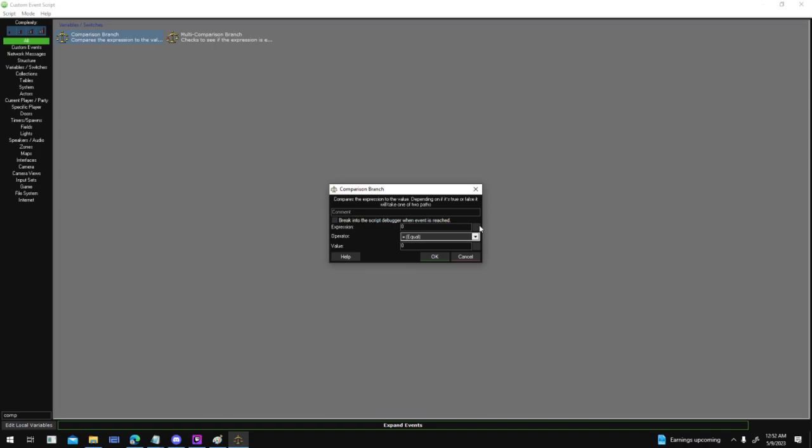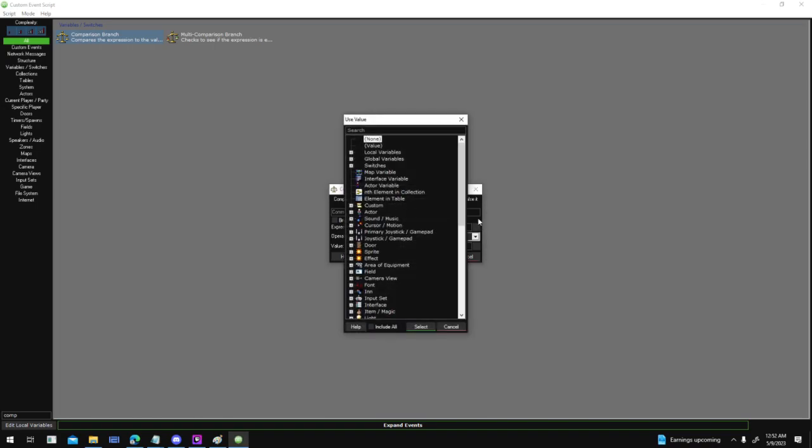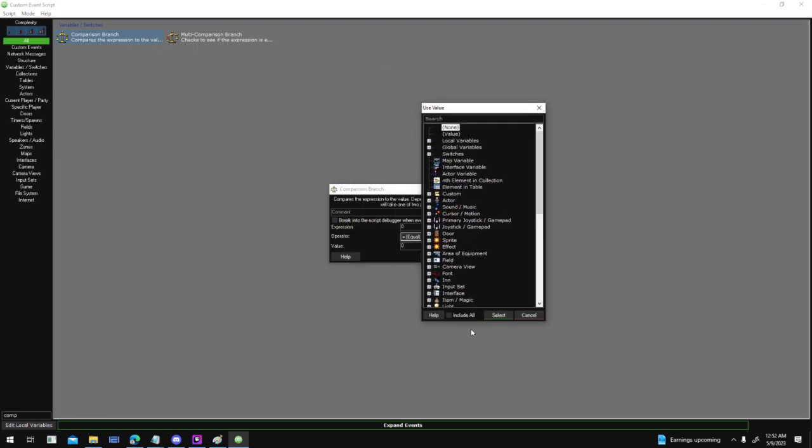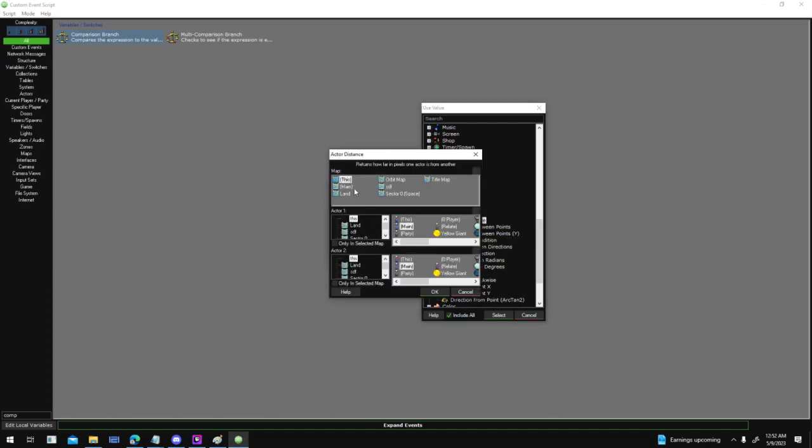What we want to do is check to see if the actor distance, which is found under geometry, we want to see the distance between two actors on the main map. You want it to check the map that the main player is on,